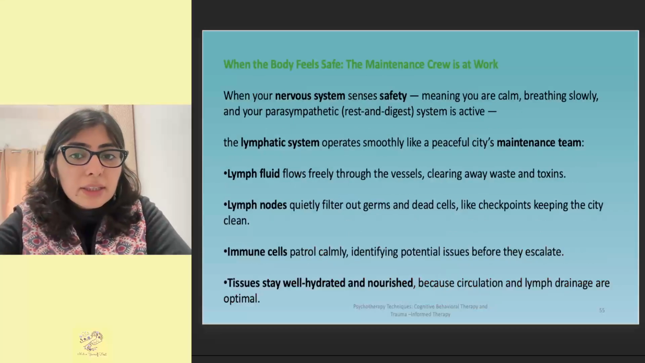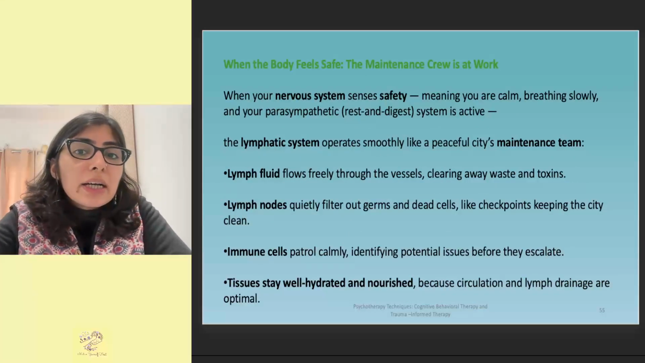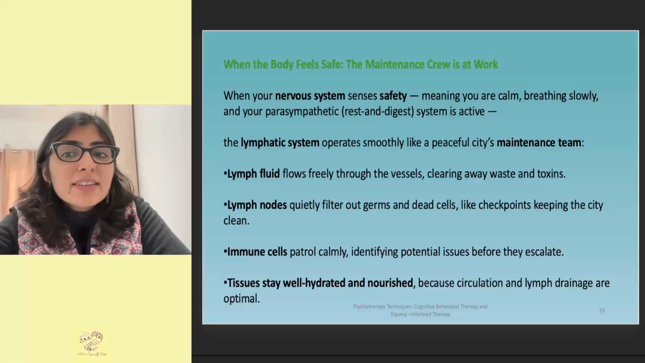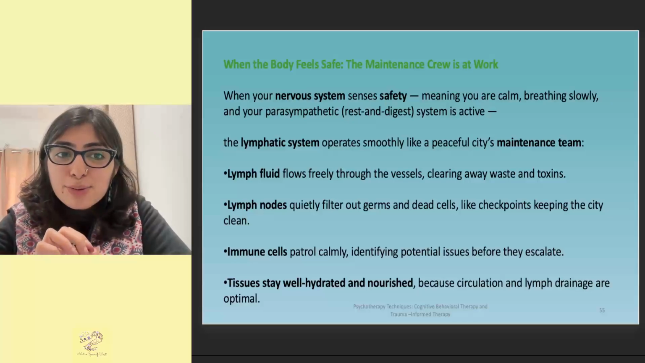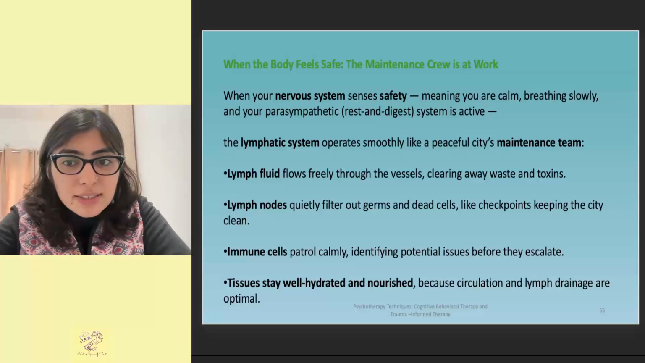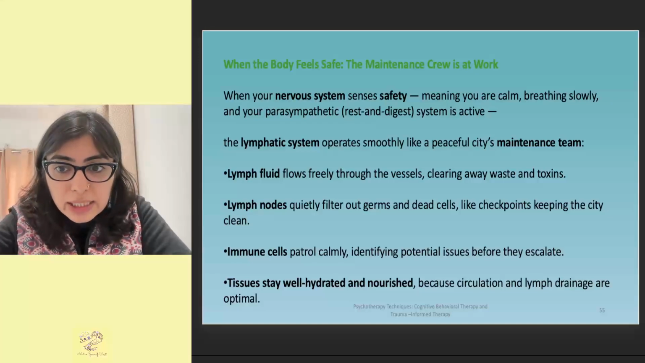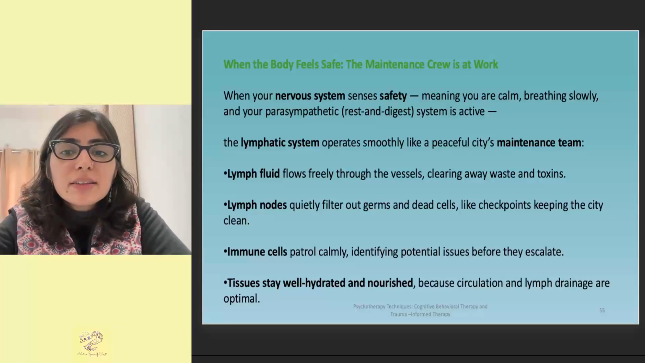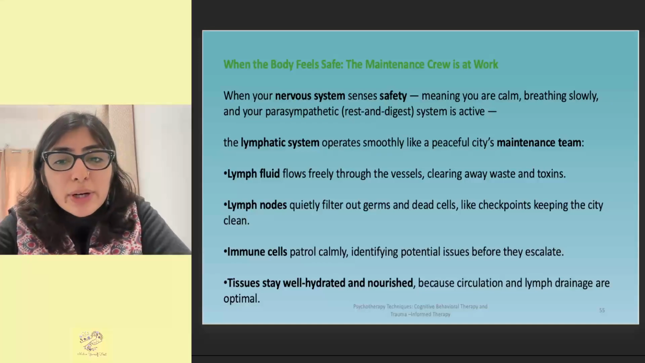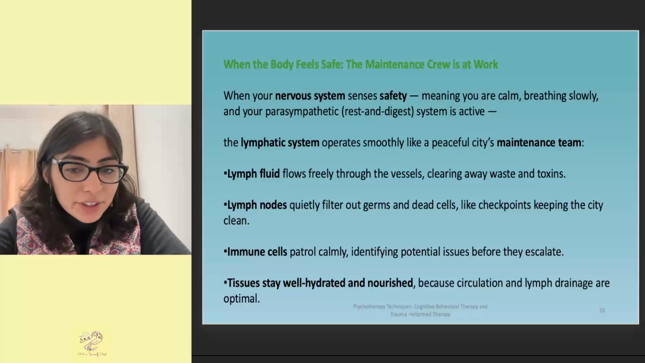On the contrary, if the lymphatic system is working nicely, it will happen when the nervous system senses safety, when it's calm, it's in a joyful ventral vagal social engagement state. It's in the rest and digest part of the parasympathetic. The lymphatic system operates smoothly like a peaceful city's maintenance system. Fluid flows freely through the vessels. Lymph nodes filter quietly all the germs and dead cells like checkpoints, which is happening here in the ashram